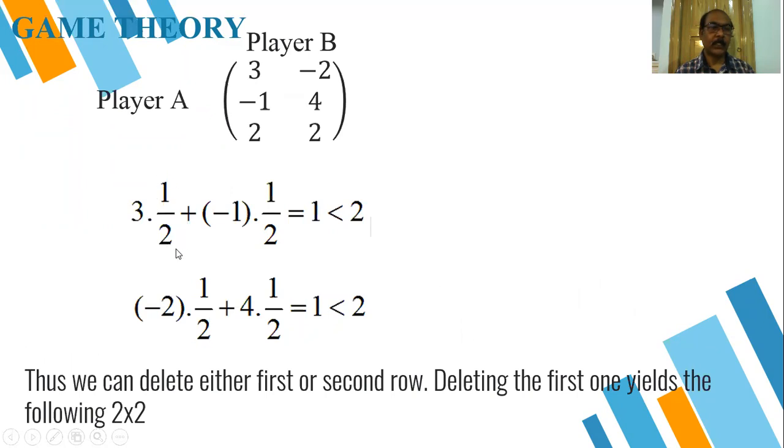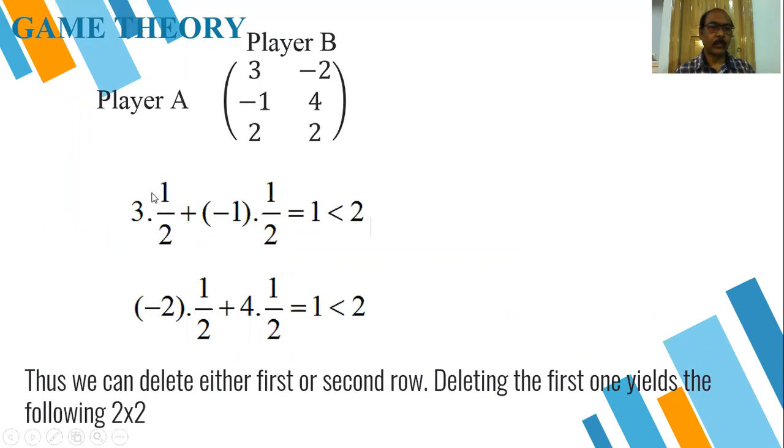Half. This half is the coefficient of the combination. I already discussed in the beginning of this lecture that the sum of the coefficients must be 1. This is 3 and minus 1. We are taking these two rows for the comparison. We compare the first row and second row with the third row. So the first element, C13, C2 minus 1. Both of the coefficients are half. So if we add half plus half, it will be 1.